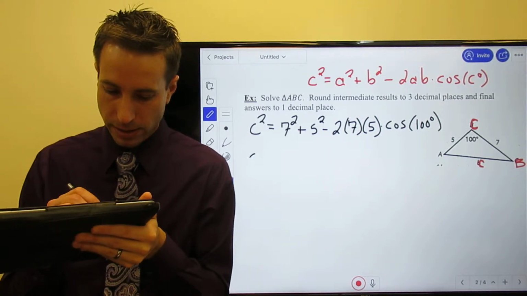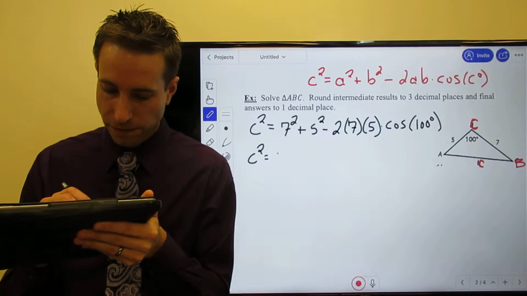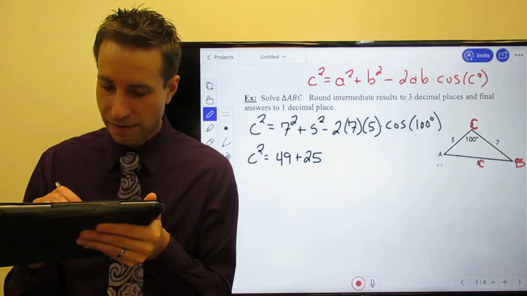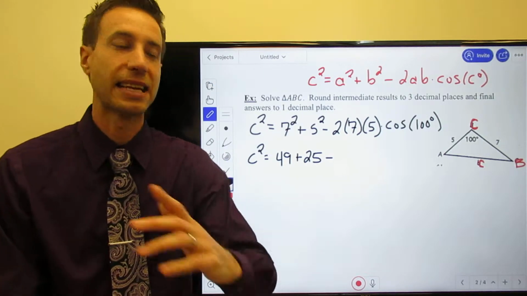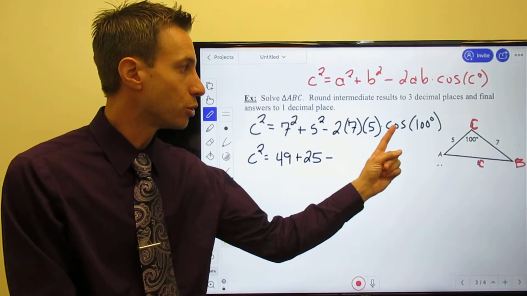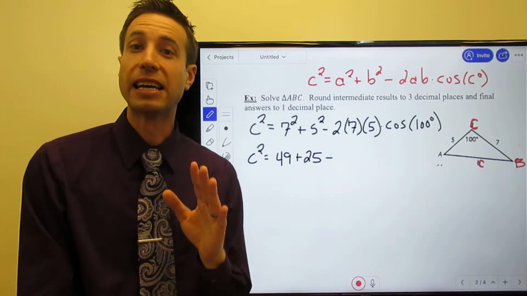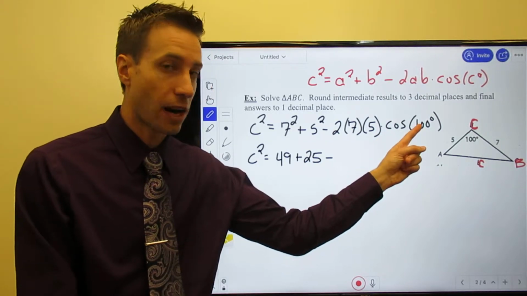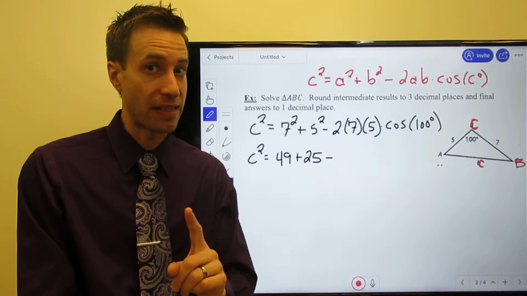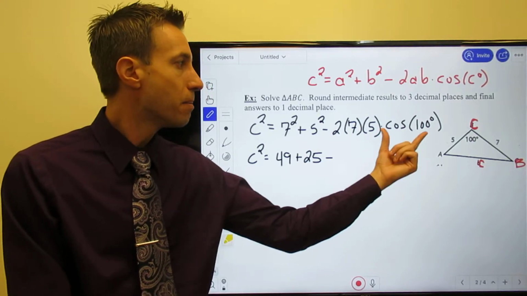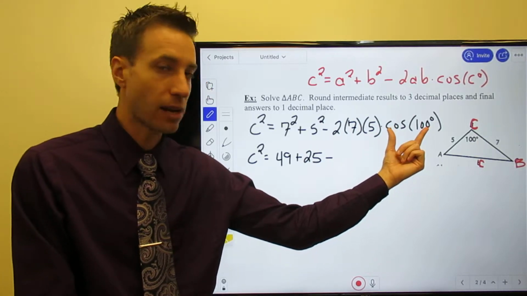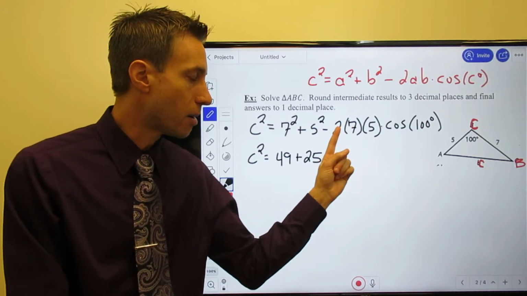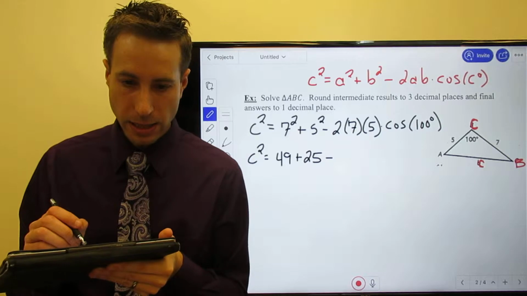Here we go. C squared. 7 squared is 49. 5 squared is 25. Then we're going to subtract. Now, it's a calculator problem. You will do cosine of 100. Careful, you're going to get a negative number. Cosine of 100 degrees is actually negative, and that's really, really important. But anyway, it's a negative number, so you get cosine of 100, a negative number, multiplied by 5, multiplied by 7, multiplied by 2, and you wind up with,